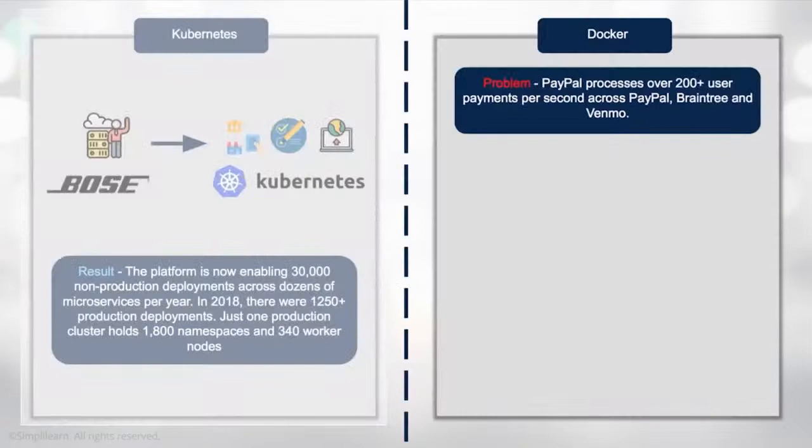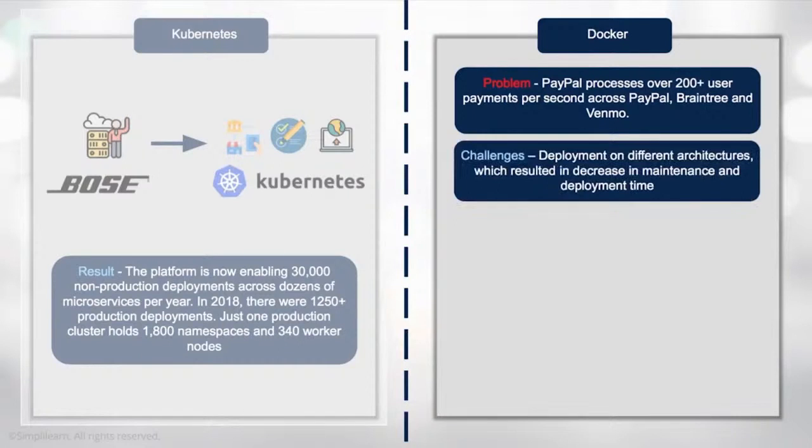Now let's have a look at Docker and see what a similar problem that people would have. So the problem is with PayPal, and PayPal processes something in the region of over 200 payments per second across all of their products. And PayPal doesn't just have PayPal, they have Braintree and Venmo. So the challenge that PayPal was really being given is that they had different architectures which resulted in different maintenance cycles and different deployment times and an overall complexity from having a decades-old architecture with PayPal through to a modern